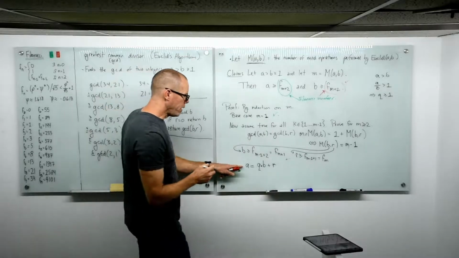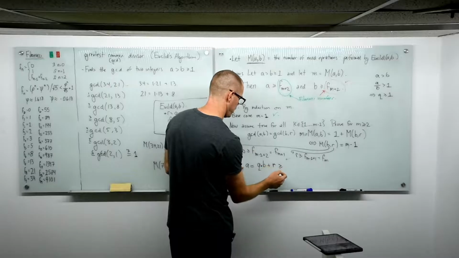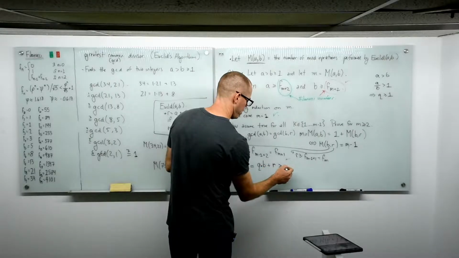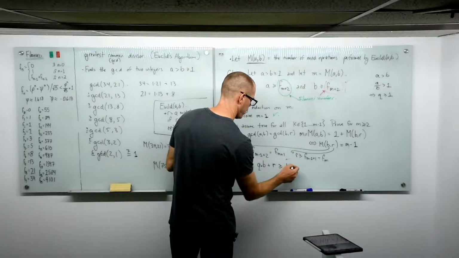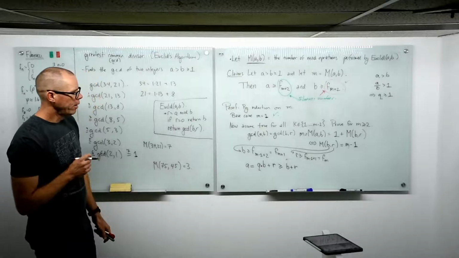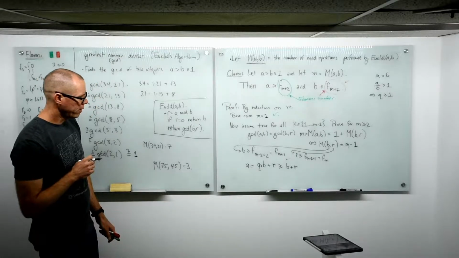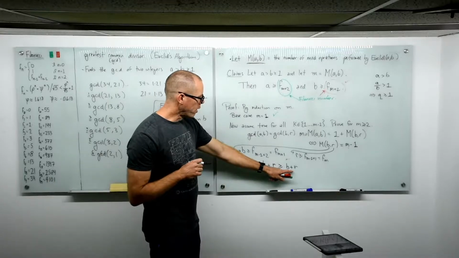So let's replace Q with something that's not bigger. That means this thing is bigger than or equal to B plus R. But wait a minute. So A is bigger than or equal to B plus R,